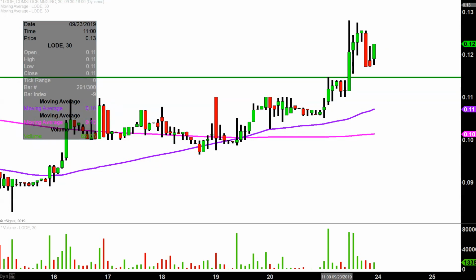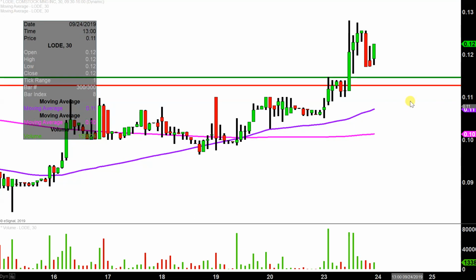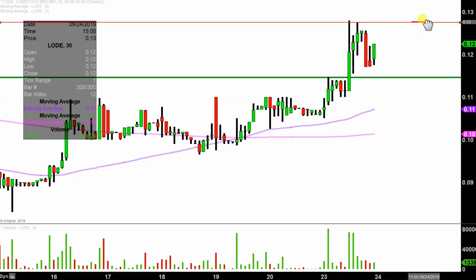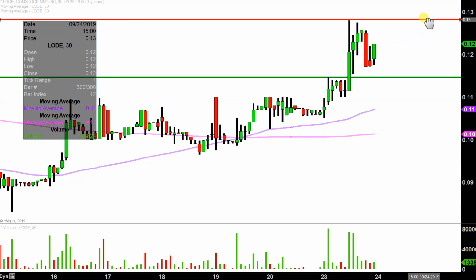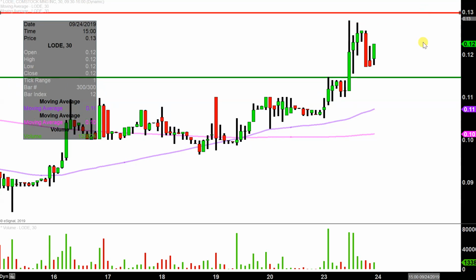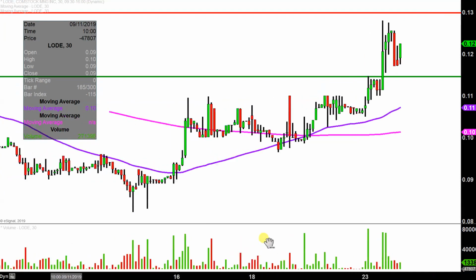What about levels of resistance going forward? Next key level, nothing fancy behind it other than essentially where the party stopped today. That was just shy at 13 cents, but I'm just going to go ahead and round up to 13 cents. Makes it a little bit easier to remember. So 13 cents initial level going in